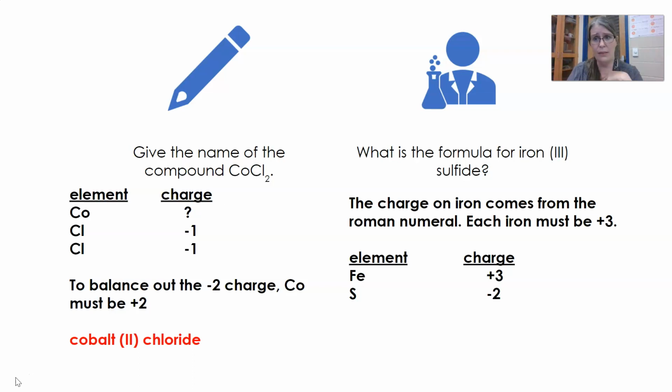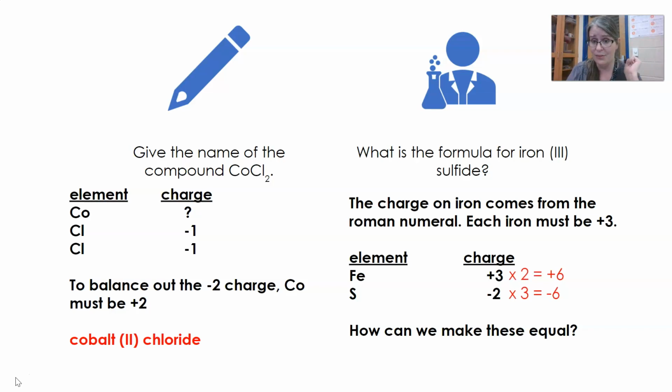So this one isn't quite as easy as something like barium oxide where it's +2 and -2. But we know we have to make these two numbers equal to each other. So how can I make 3 and 2 something that will divide both? Well, I can take 3 times 2, that'll give me +6, and 2 times 3, that gets me -6. So that would give me 2 irons and 3 sulfurs. So I would have